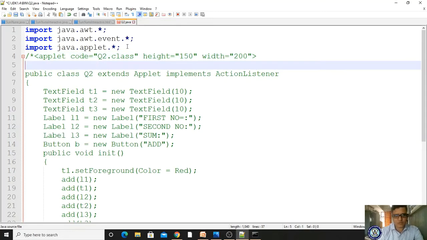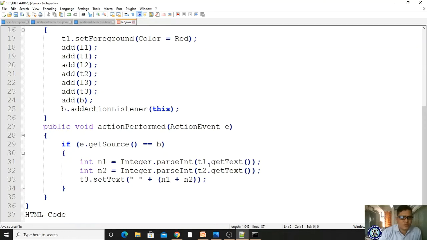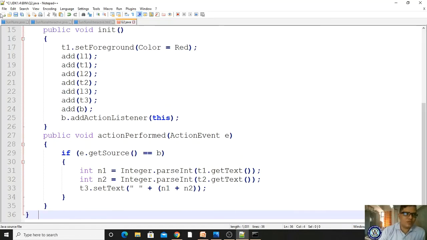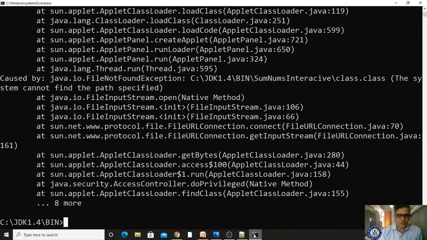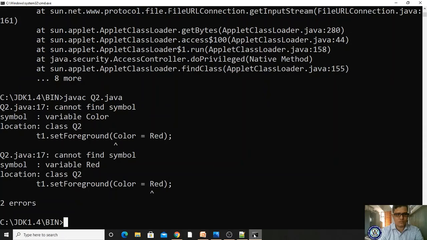Let me run first. I will explain the program later. Right. Okay, now let me check whether it will work or not. Okay, if it works, I will javac q2.java.